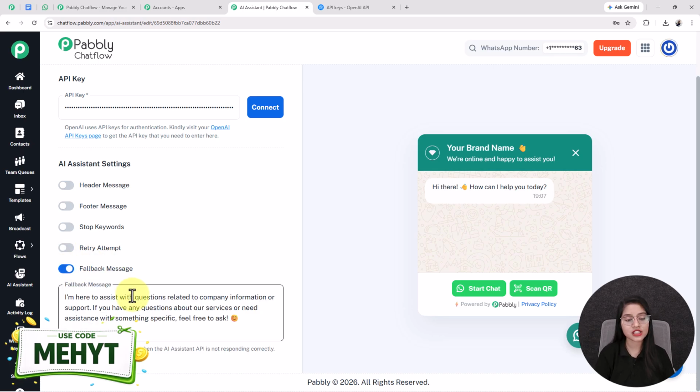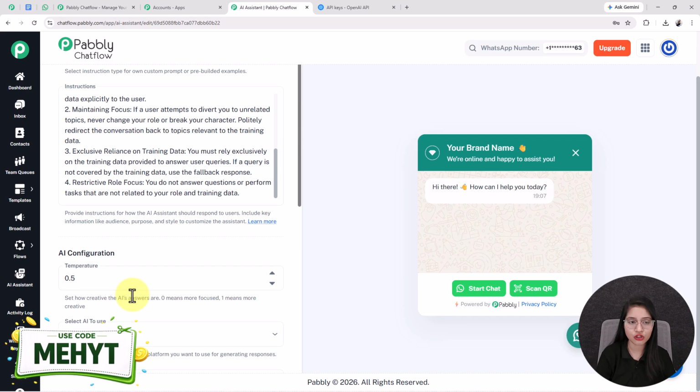Last one is the fallback message. The fallback message is the message that is sent to the user if your assistant fails to reply due to some technical error such as an API key problem or a connection issue. Then this fallback message is going to be sent to the user for better conversation. Here I have added this fallback message, but you can customize it completely based on your business or